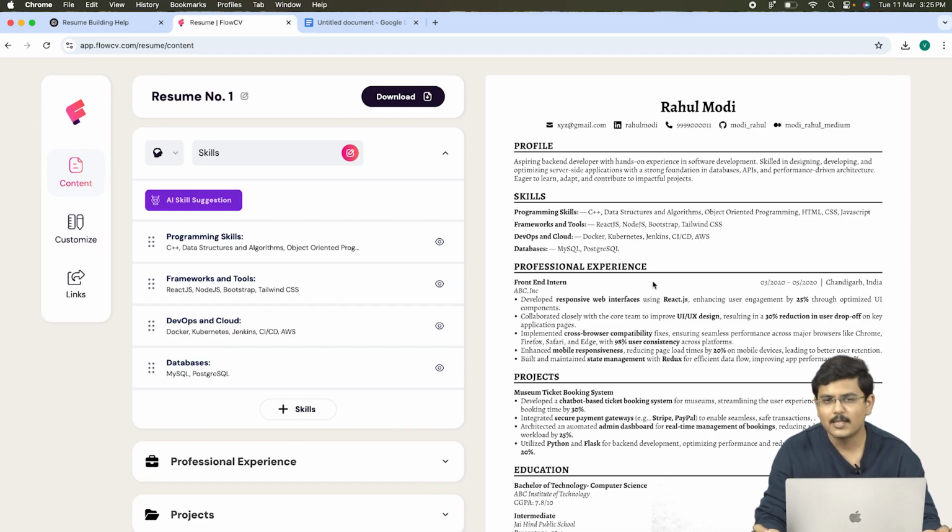Now the next number comes to experience, which is mostly a confusing thing for freshers. A lot of freshers are in confusion that how would we manage the experience section. I don't have any professional experience, I just have internships. Some people don't even have internships. So for them, what you can do is, first thing, for all those people who are not having any internship, please go ahead, do some internship somewhere. Fine. For all those people who have done internship, for them, what you can do is,